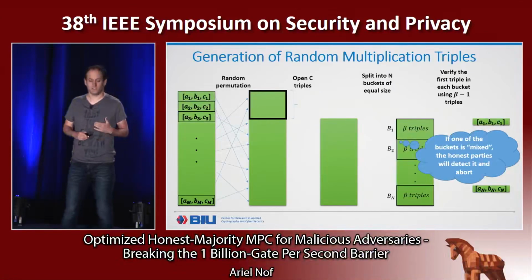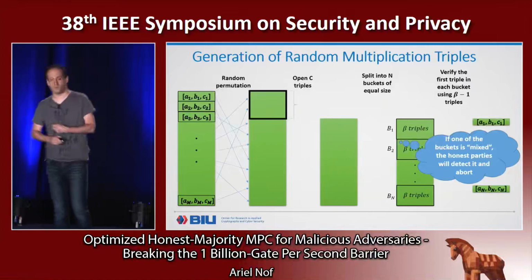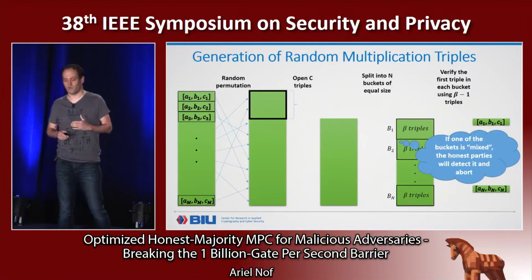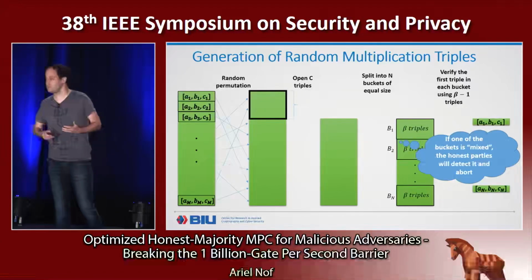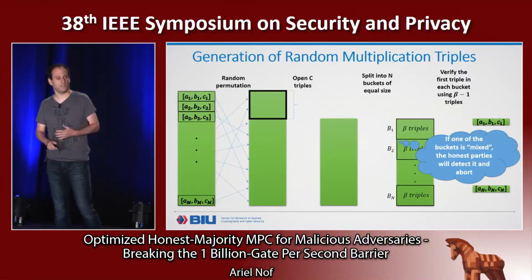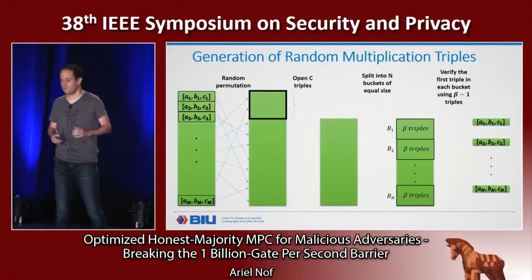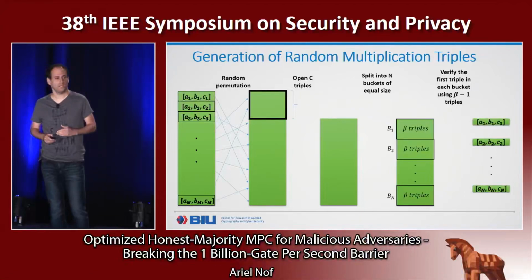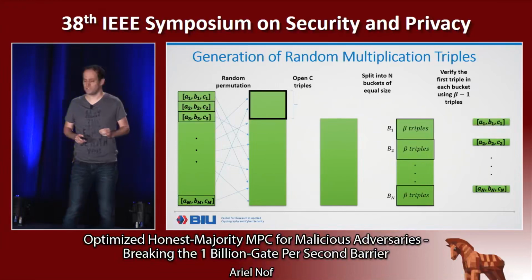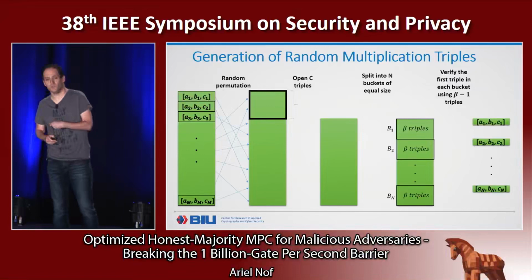So the only way that the corrupted party may win by generating a bad triple, by outputting a bad triple from the preprocessing protocol, is by having only fully bad buckets. But this, of course, happens with small probability because there is a random permutation, and the adversary does not know the random permutation in advance. So if we passed all these tests, then we take the first triple in each bucket and output it from the preprocessing. And this is the n random triples that we use later in the online protocol to verify all